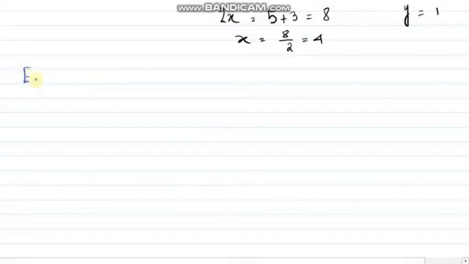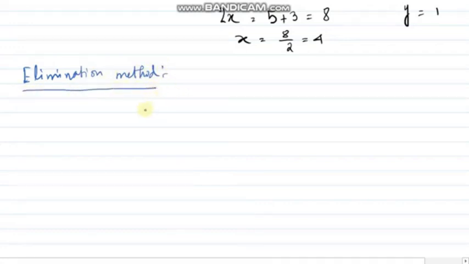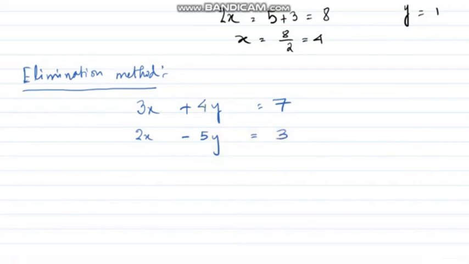So in the elimination method, what are we going to do? Just check. Suppose one equation is 3x + 4y = 7 and another equation is 2x - 5y = 3. Suppose I want to eliminate x. Just look at the coefficients of x, 3 and 2. Please be very careful: we are going to equate the coefficients of x.